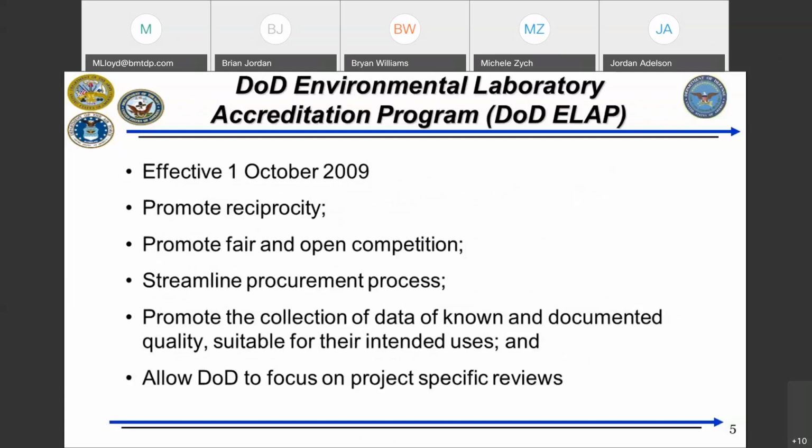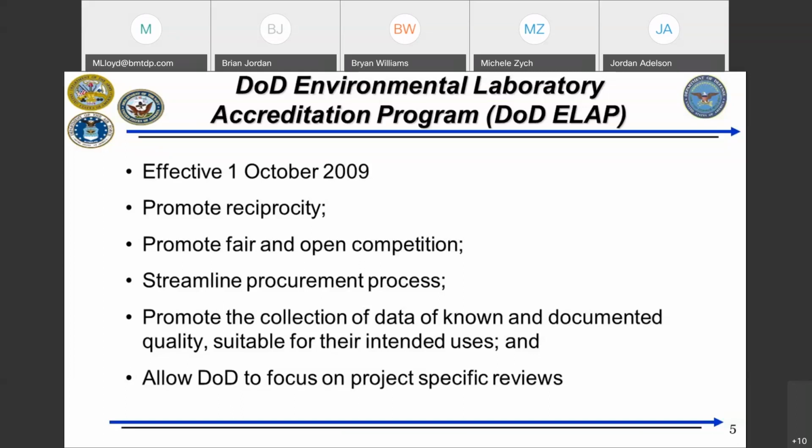We initially identified, in the late 90s, the fact that we had to really come together on requirements for laboratories, especially on the cleanup side of the house. So around 2000, we released the first version of our DoD QSM, so we're all using the same requirements. And then, as time went by, it took us a number of years really to come up with one consolidated program, which is the DoD ELAP.